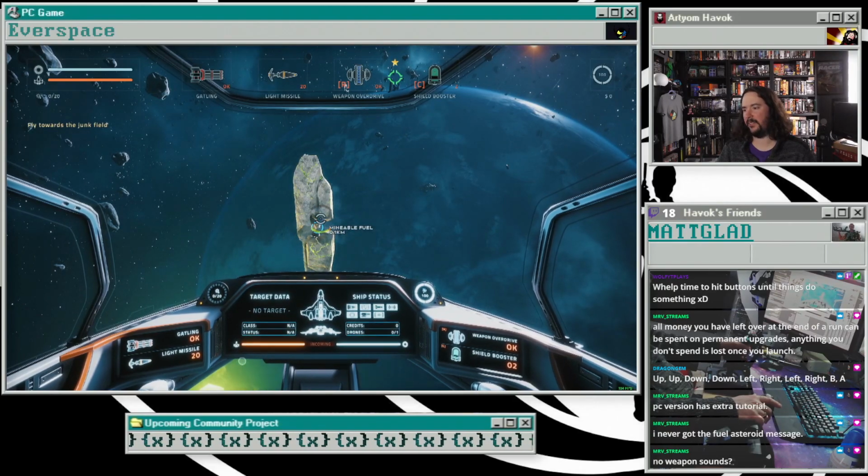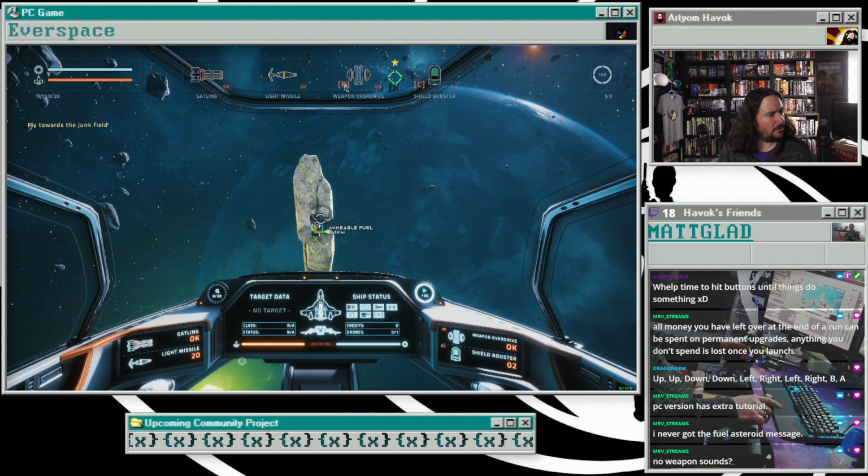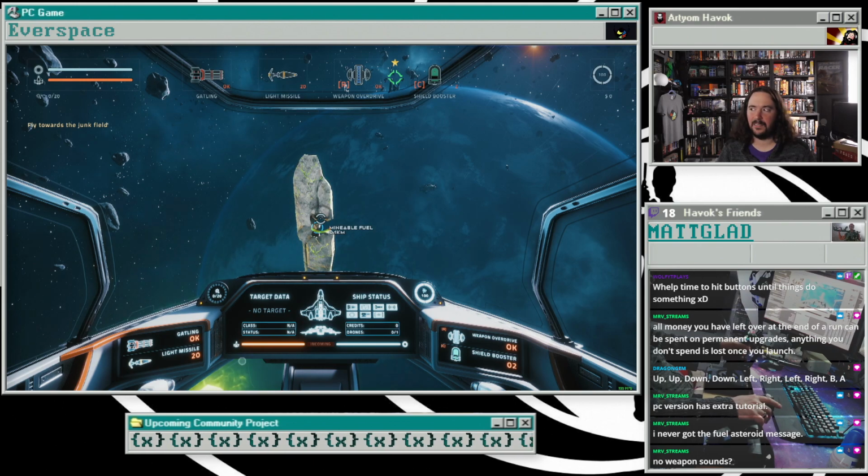This weapon sounds should be really loud, maybe too loud. Do you guys need me to turn the game down? Do you guys not have game sound? So that's broken too.